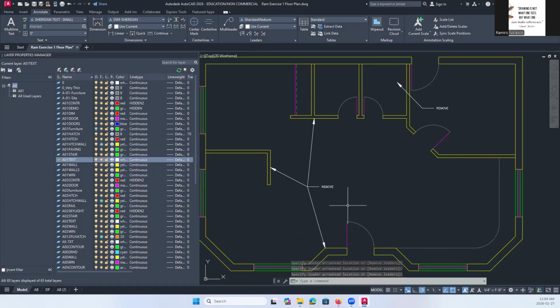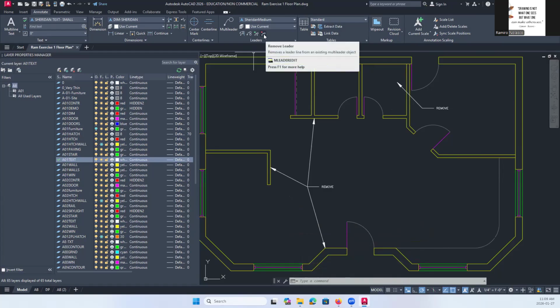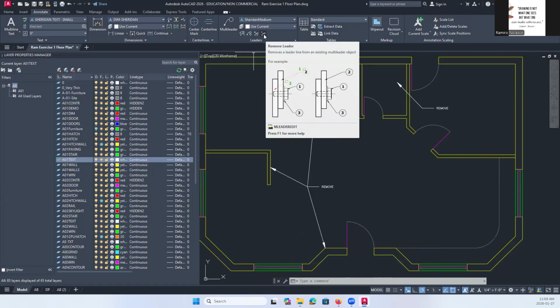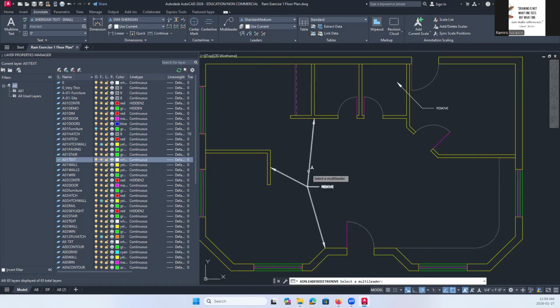Or you want to remove one of the arrows. So you say remove leader, select the leader, and then select the arrow. Enter.